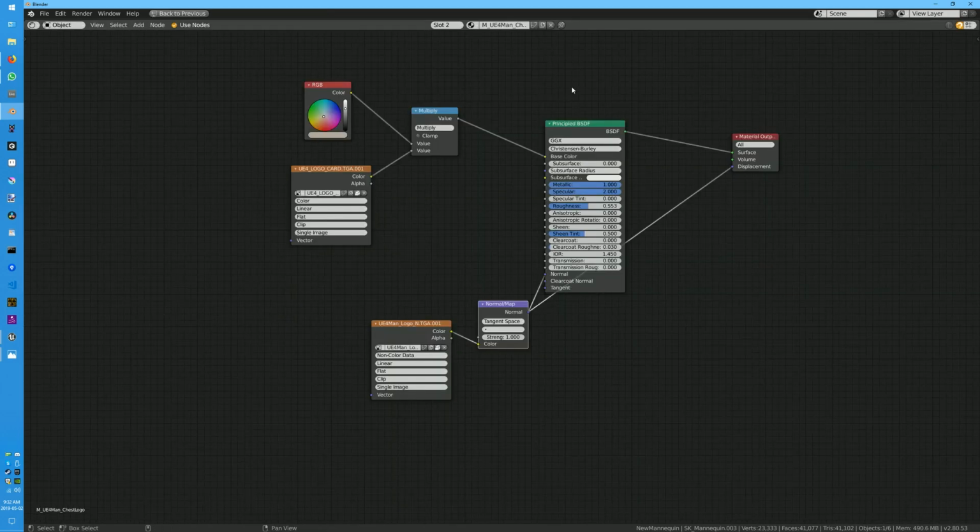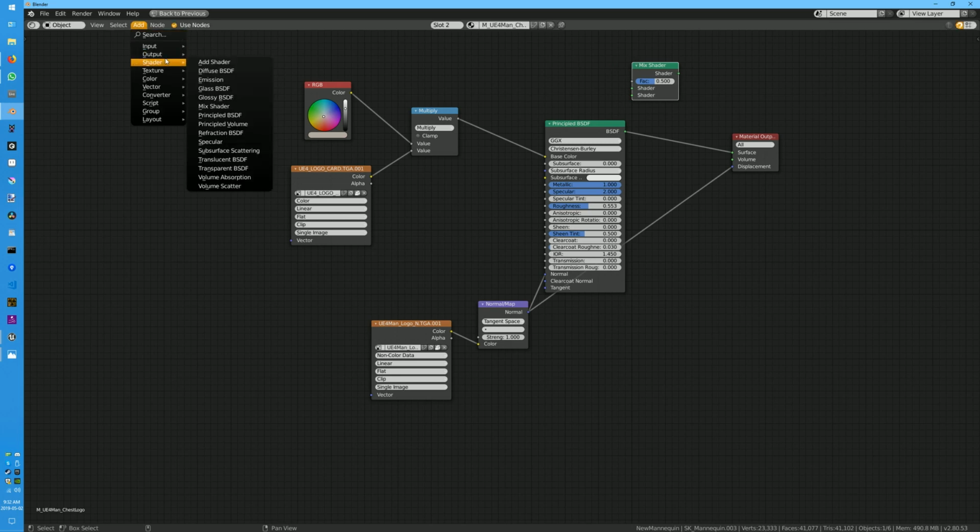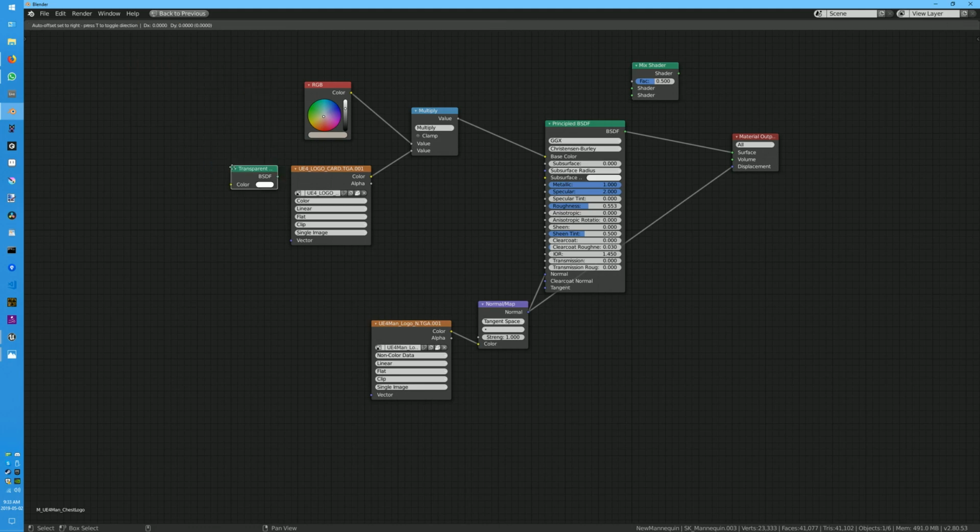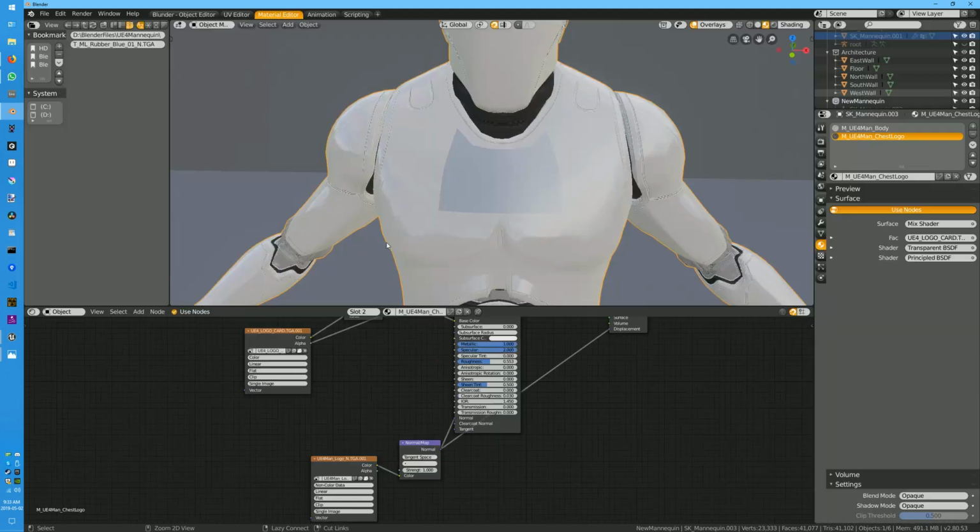So we're going to add our mix shader. There we go. And we're going to add a transparency shader. I'm just going to leave it at white. We're going to plug this into the top. We'll plug our base color image shader into the bottom, and then this will get plugged into our surface. And I feel like we need, yeah, we're going to use the alpha for the image as the factor. So that then gives us the alpha mask,